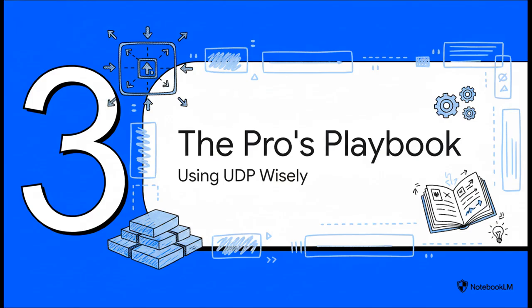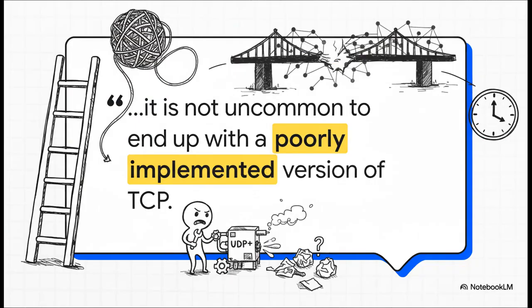So let's shift gears and talk about the professional's playbook. If you're a developer or a senior engineer, how should you be thinking about using UDP in a real production system? I have to start with this quote because it is such an important warning. When you're working with UDP, it's so tempting to think, oh, I'll just add my own reliability. I'll build my own congestion control. But you have to remember that the algorithms inside TCP have been battle-tested and refined for decades by the entire internet engineering community. It's incredibly easy to spend months of hard work only to end up with your own buggy, slow, and poorly implemented version of TCP.